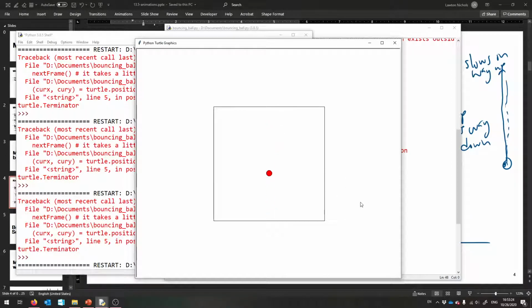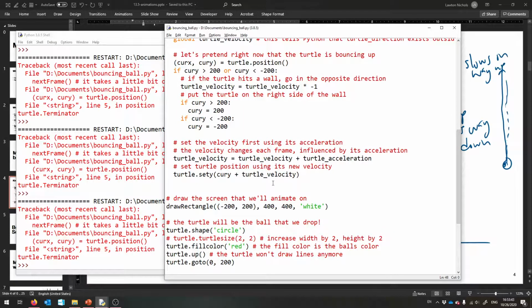Okay? And I think the last thing that I want to do is make sure that this is a perfectly elastic collision. It's really cool that it's bouncing like this and eventually stopping, but it'd be nice if it just keeps on bouncing as well. So we can fix that. So if ever the velocity, let's see here, I'm going to have to do a bit of physics. I'm going to have to pause the video. But if it ever hits the bottom,